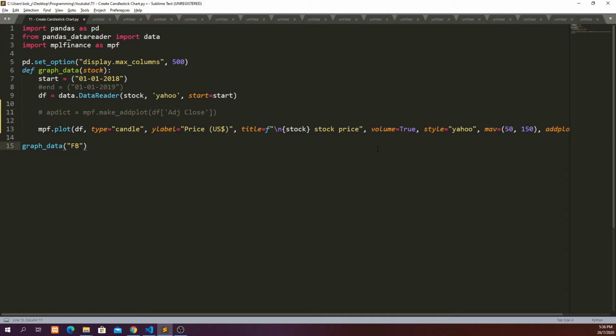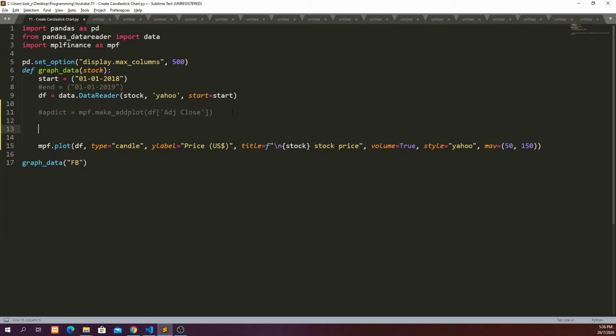And then to resample your data frame, you can define a new data frame equal to data frame dot resample, and then let's say we want to resample to 1 week